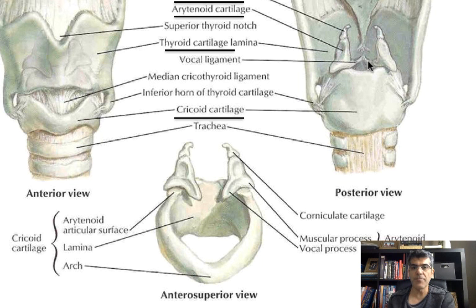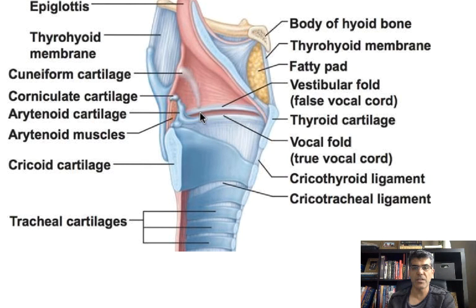Do you see this line here? This is the ligament that comes from the vocal process and it's going to go and attach to the thyroid cartilage. That means from here it's going to come straight and it's going to attach to a thyroid cartilage that you have here. This ligament that comes from the arytenoid cartilage and is going to attach to the thyroid cartilage in the front, just like this one, is called true vocal cord, or is called vocal ligament. So vocal ligament or true vocal cord, just like this one.